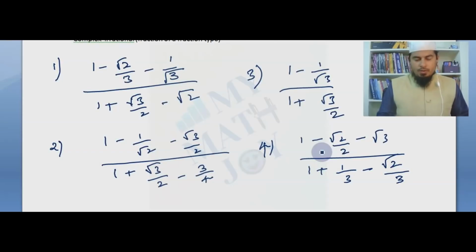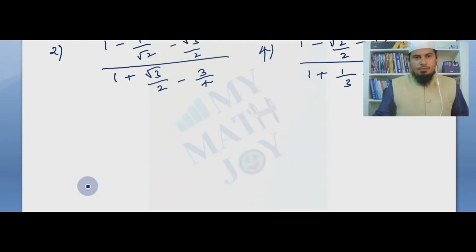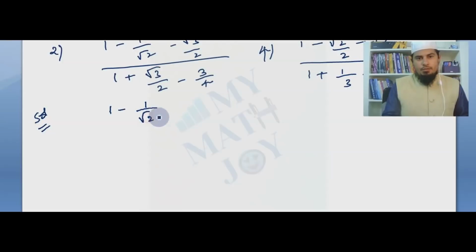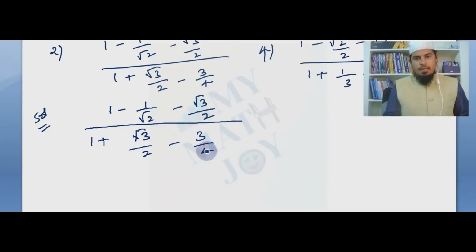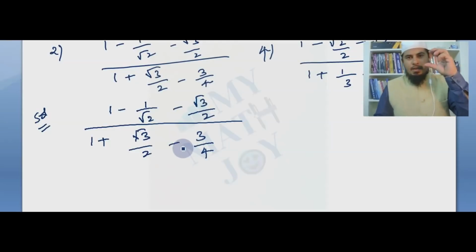Let us take one question and solve this question. Let us take question number 2. Solution for question number 2. I'm copying the question now. 1 minus 1 by root 2 minus root 3 by 2 divided by 1 plus root 3 by 2 minus 3 by 4. So when we have a fraction of a fraction, the numerator we have to simplify separately,